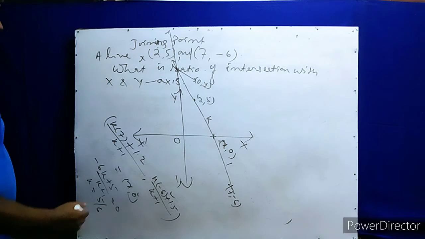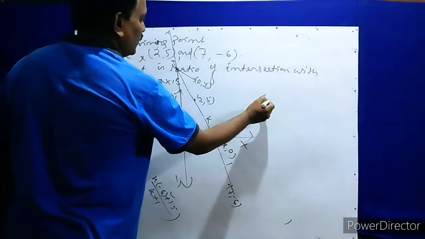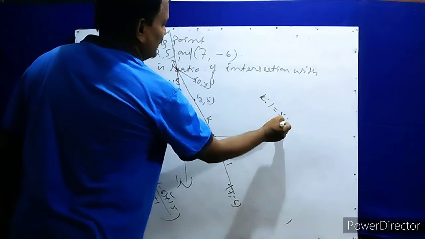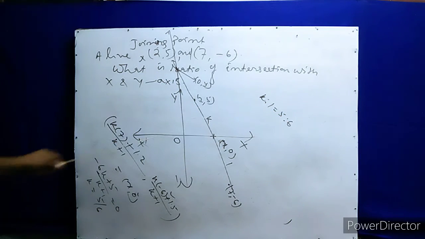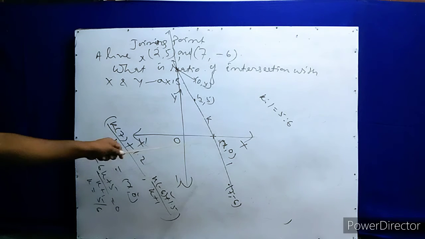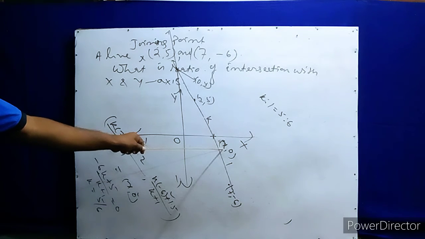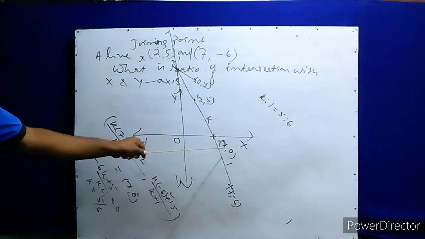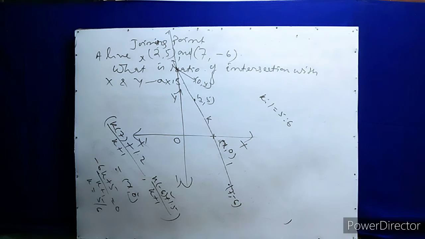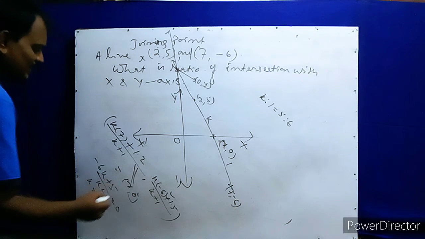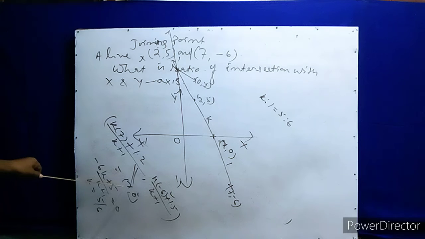So k:1 equals what? The ratio k:1 equals 5:6. So here the k value is already found, so we have to find this point. This point means x and 0. This second point is 0, but we have to find the value of x. So how to find the value of x? Here x equals this one. You put the k value equal to 5 by 6. On solving, you get the x value. Okay, so you look at how to find the x value.